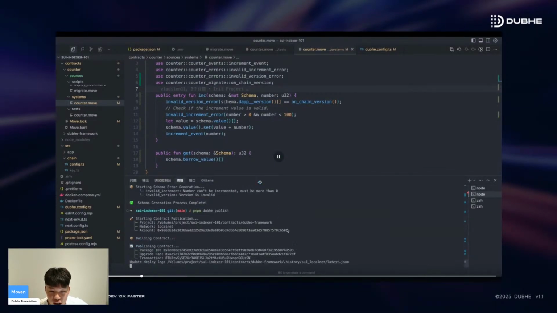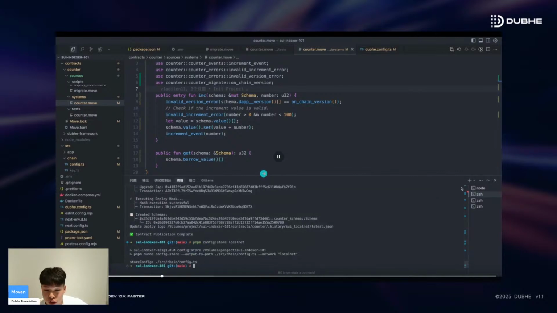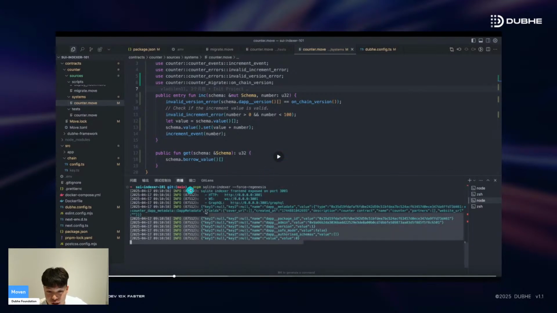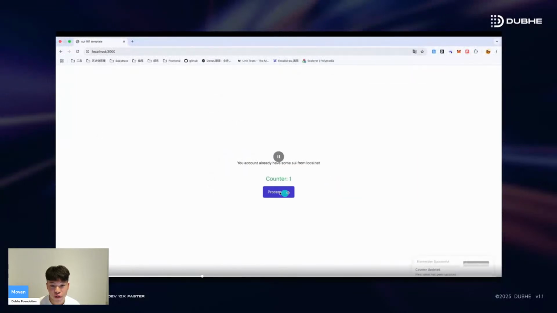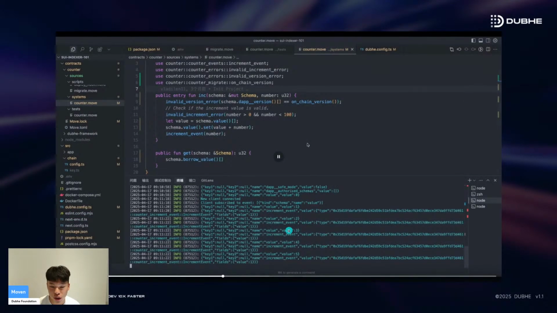When we start it, you can select an auto feature to start our indexer. The dApp indexer gets the whole thing from the schema, so it's a schema-based indexer. You don't have to filter extra information compared to using the Sui indexer, so it's much easier for developers to use in this case. You can see on the screen right now that it gets everything we need for our front end. And if you look at the front end here, you can see that it works well and responds